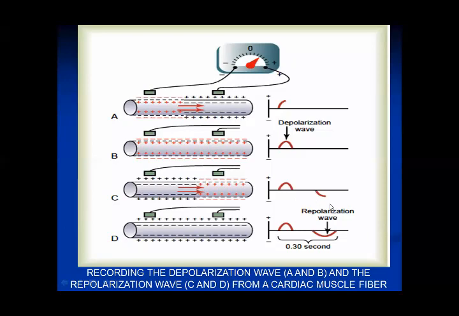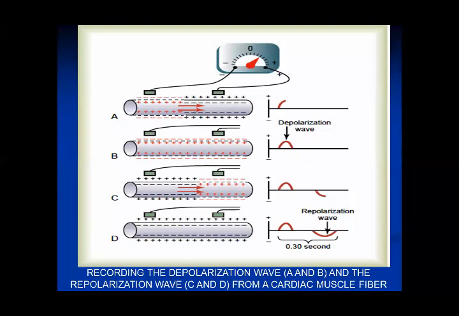And this is the principle on which the ECG waves are formed. The whole thing depends on where and how the electrodes are placed, right? It all depends upon whether they are placed in the negative area or whether they are placed in the positive area.